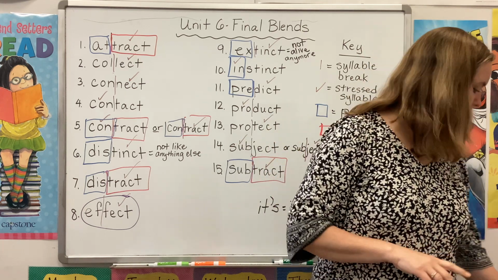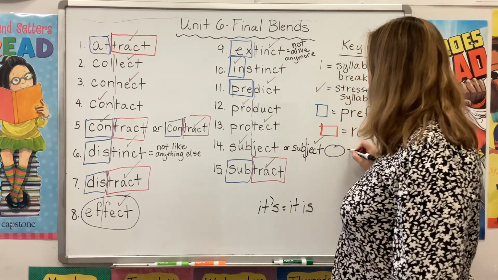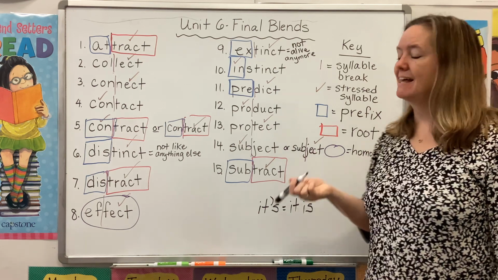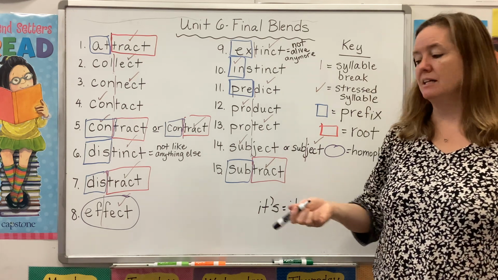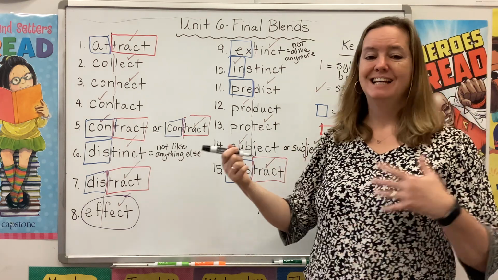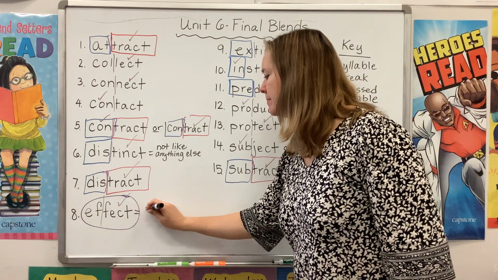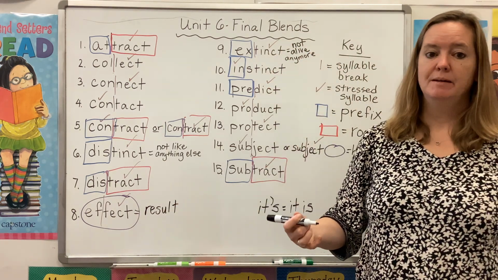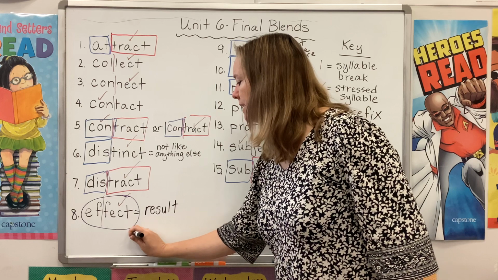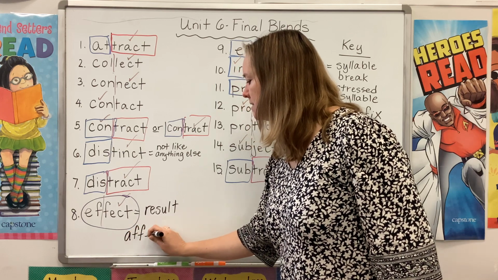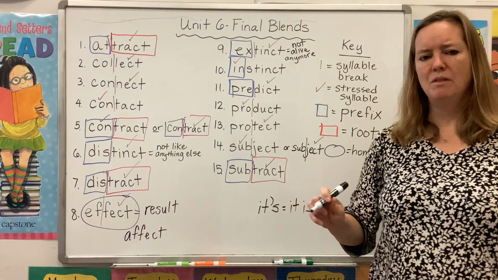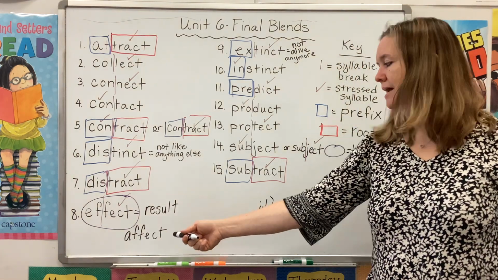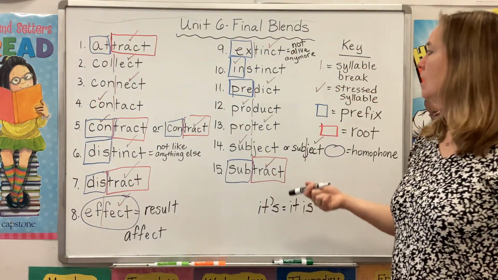Homophones are two words that sound the same but have different meanings. So I told you that an effect is a noun and it's the result. Like this is what happens. This is the effect, right? But there's also this kind of affect, which means, well, how will that affect me, right? So this is a verb, right? And this is a noun. Okay, we talked about